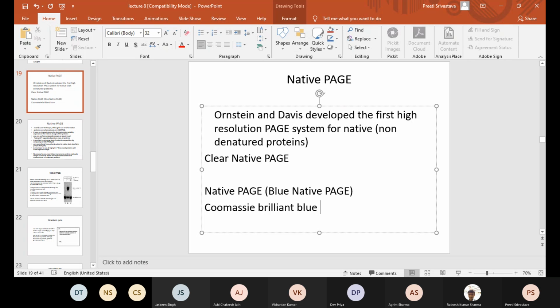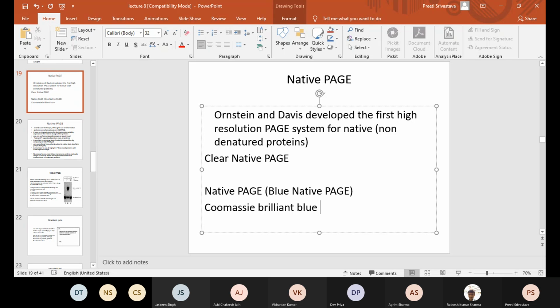So Ratnesh, followed? When you are using SDS PAGE, SDS imparts negative charge to the protein, so no need to add Coomassie. You add Coomassie only at a later stage. But when you are performing native PAGE, you can add Coomassie, which will again impart negative charge to the protein, and then you can have separation. Here the separation is based upon the conformation of the protein, and Coomassie doesn't denature the protein. So the difference between SDS and Coomassie, don't get confused: SDS denatures the protein, Coomassie doesn't. Coomassie maintains the native state of the protein.